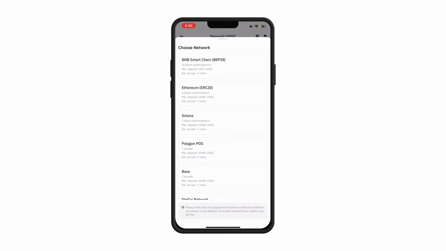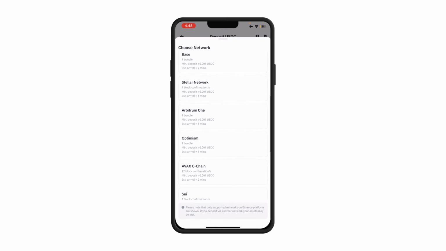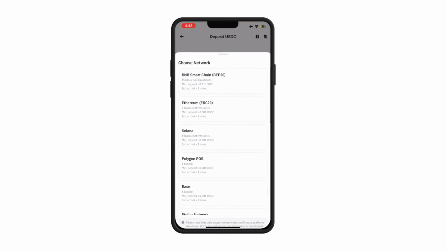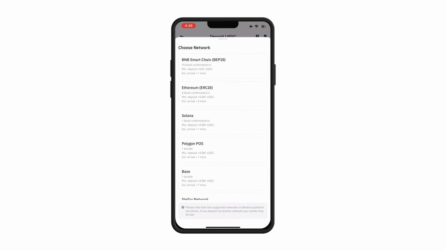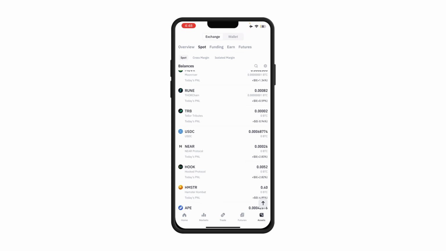They have the BNB, they have the Ethereum, they have the Solana. So ask the person, what network are you sending me? What network are you going to send? It still applies to the normal USDT. So if you go to your USDT,